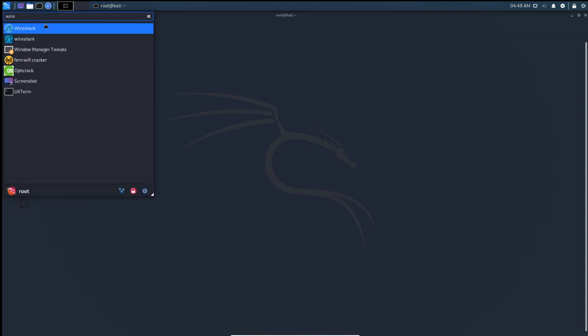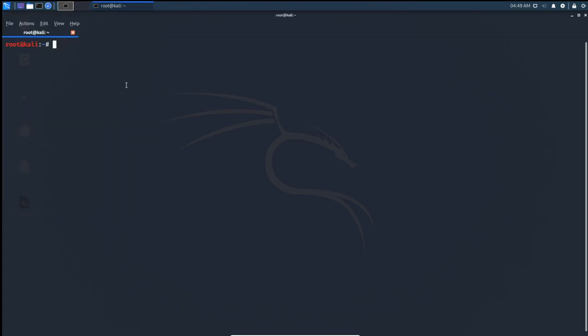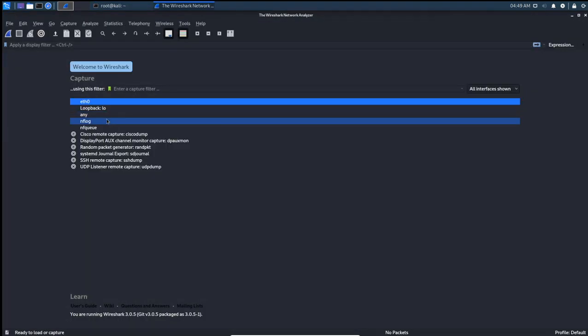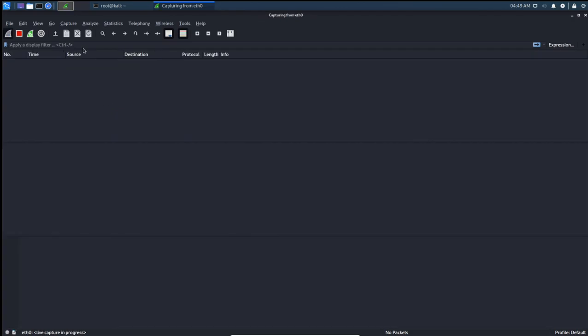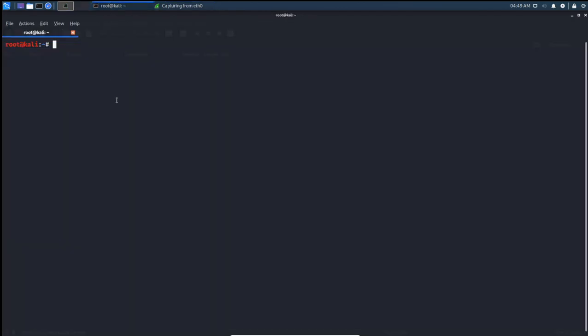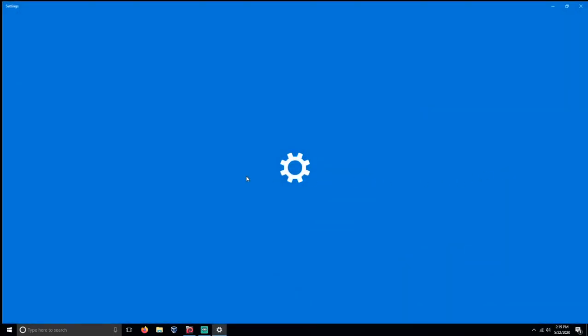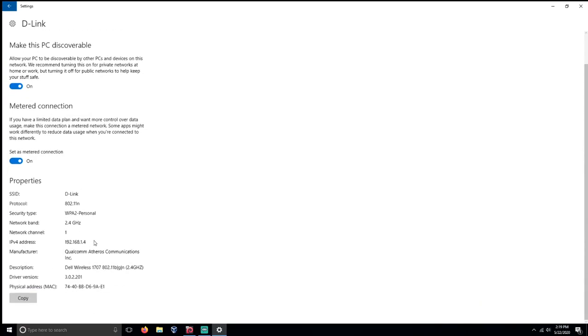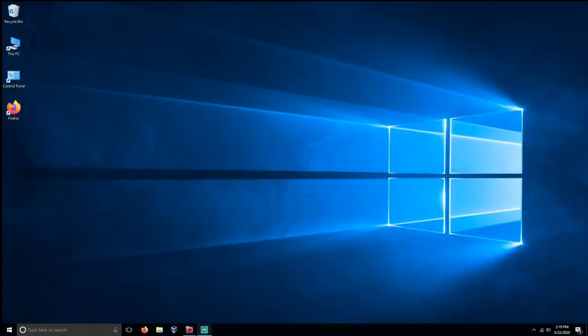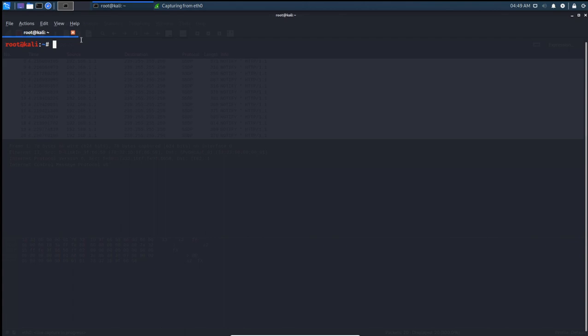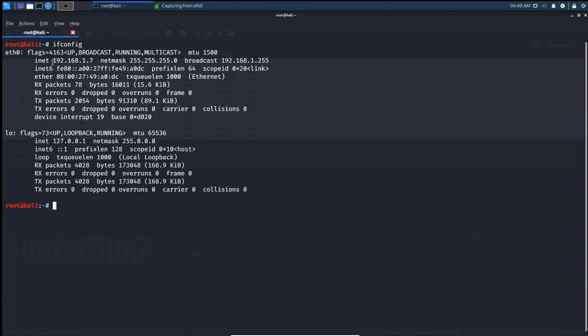Let's open Wireshark to monitor the traffic in our network. I'm going to check my Windows machine IP address. Okay, .4 is my Windows machine IP address, and I'm going to check my Linux machine's IP address. This was my Linux machine's IP address.